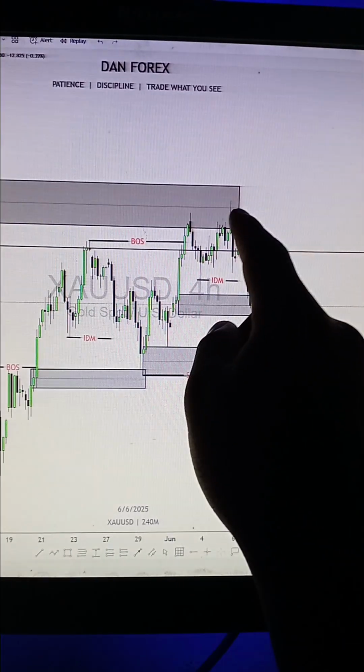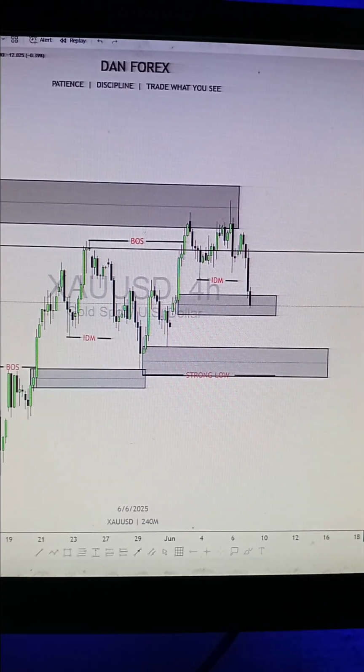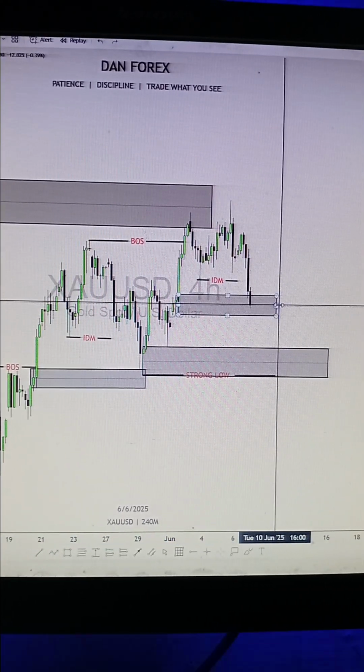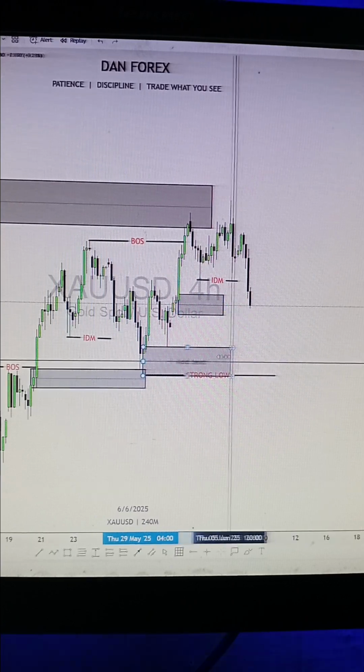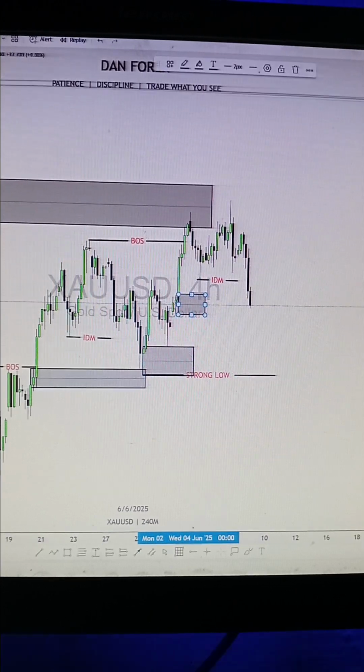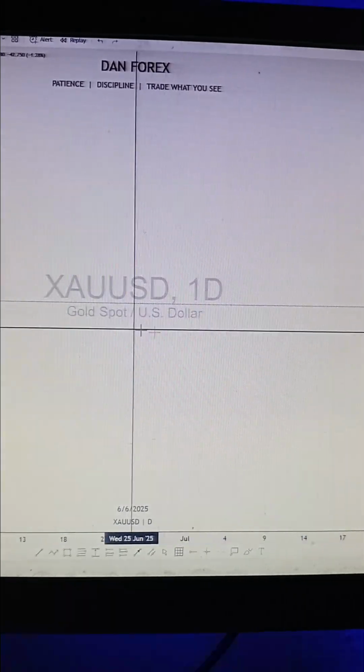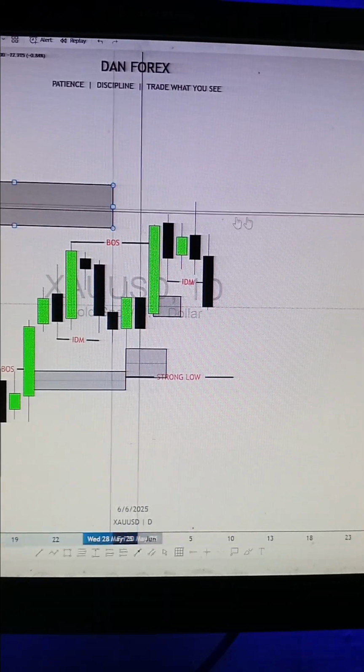So how did we manage to catch these buys? And I mean these sales. These sales came from a higher time frame, the daily time frame. So let me show you. Let's go back to daily. So on daily,